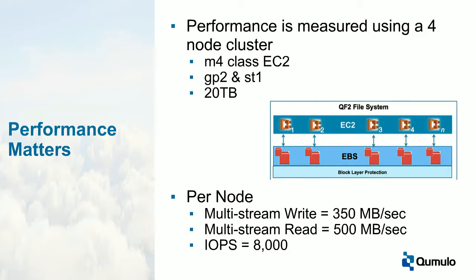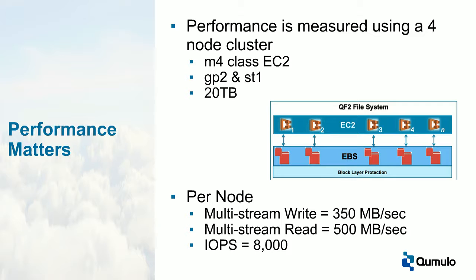So it's important that you be able to spin up high performance nodes of storage and have it sit very close to your compute, and that's the power of what we've been able to do for companies like IHME and